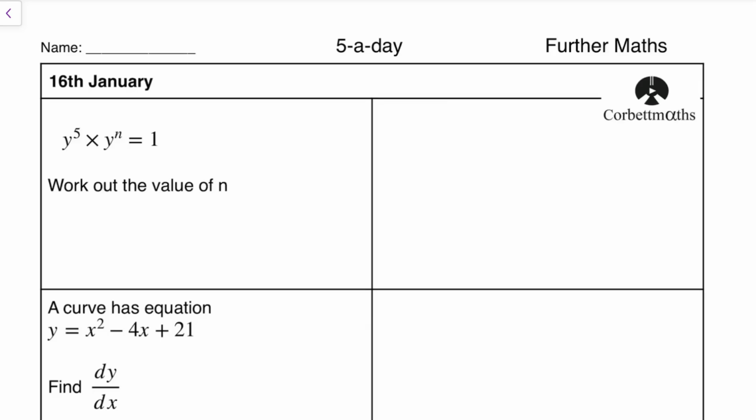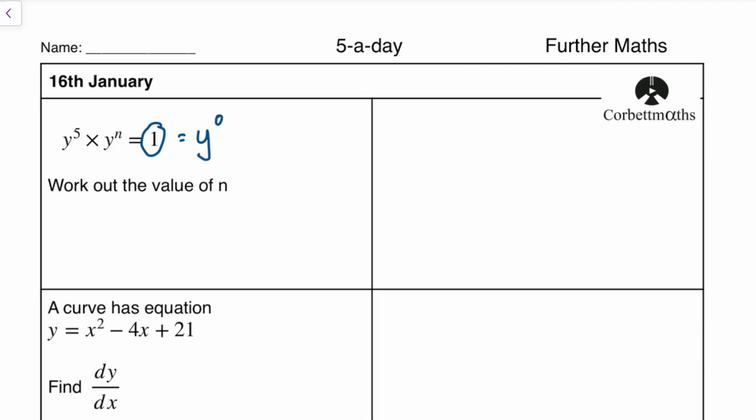Okay, so the first question, nice, simple index rule question. Could be on a GCSE, could be on a further maths paper. I've got my base values. The key is that there is no y term in terms of y. So what I could do is change that to the equivalent y index value, in other words, y to the